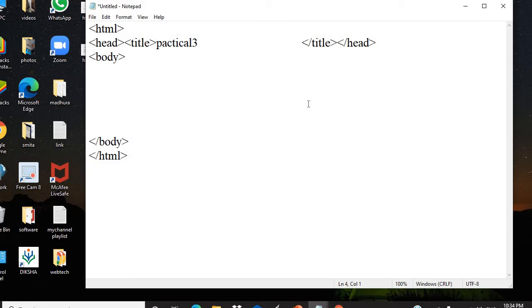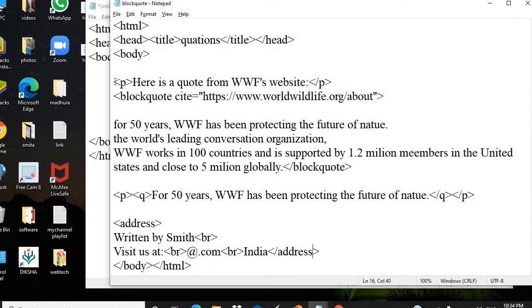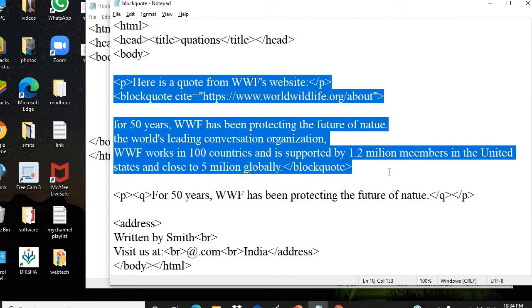Quotation is nothing but this defines a section that is quoted from another source. So the browser usually indents the block quote element. We just have to create a paragraph, and in that paragraph we give the block quote. Students, I have already created one paragraph, so let's select that paragraph.